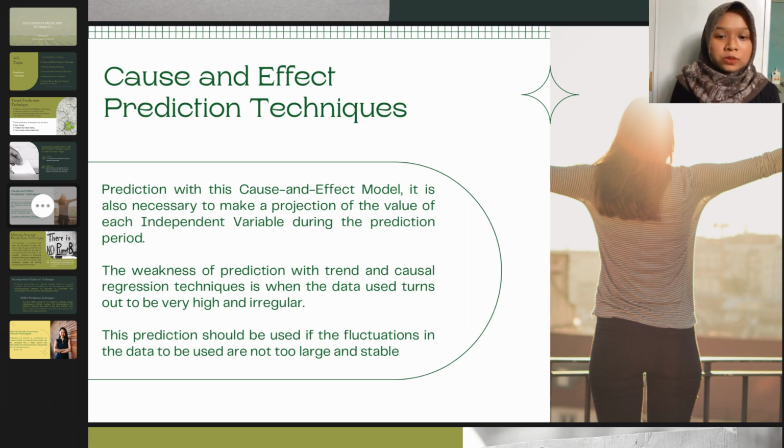These three problems should not arise. This is known as BLUE, or best linear unbiased estimation. However, the multicollinearity problem is very difficult to avoid because economic variables are actually impossible to be completely independent. So the presence of the multicollinearity problem is still acceptable if the correlation level is not too large.